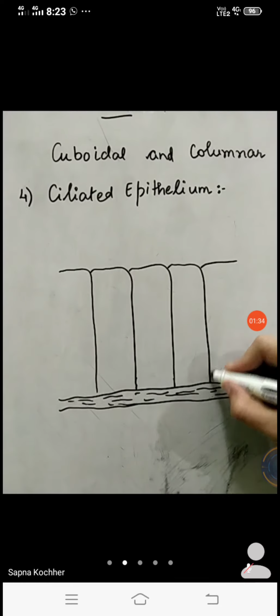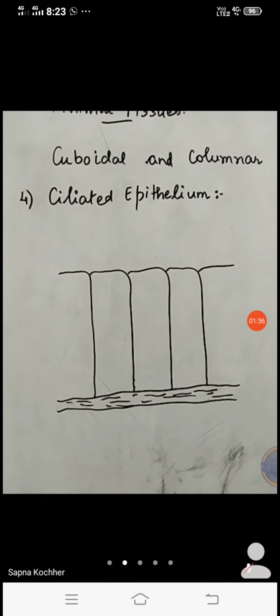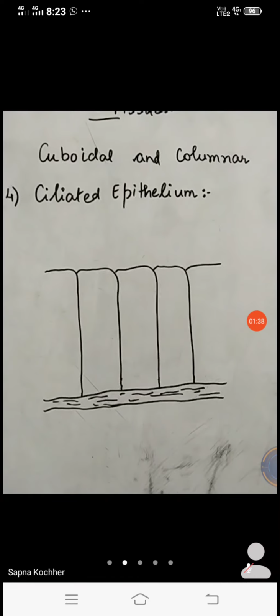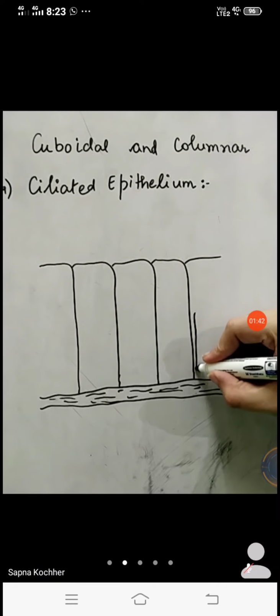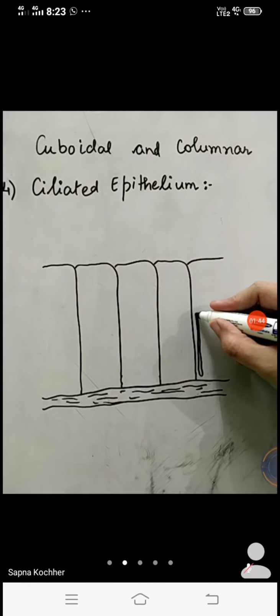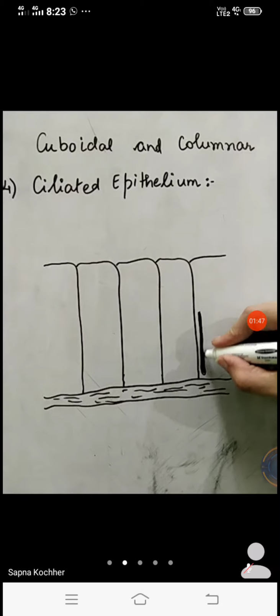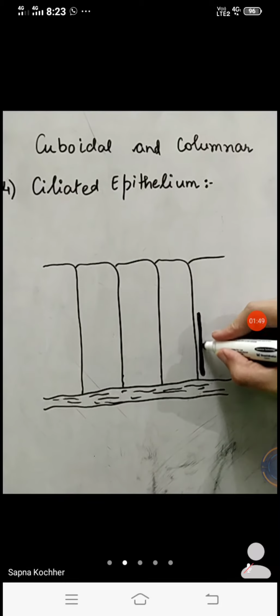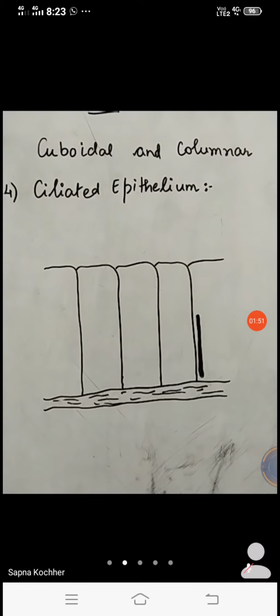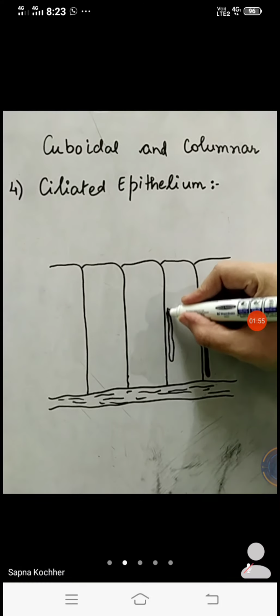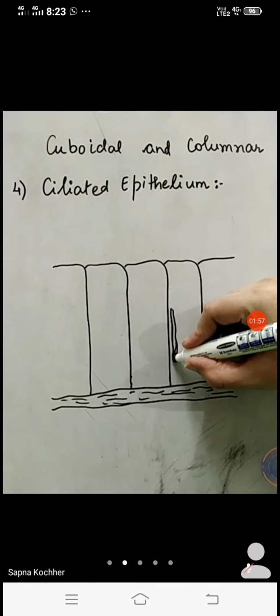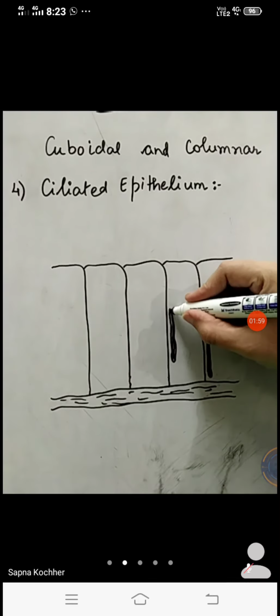Now, if these cells are the column-shaped cells, columnar cells, the nucleus condition is also varying. That is, all the cell conditions are same, except one. Now, these will be having their cilia on the top surface. So, these are the nuclei that are elongated and near the boundary walls or near the base. Basically, they are near the base, right? Not near the top surface.